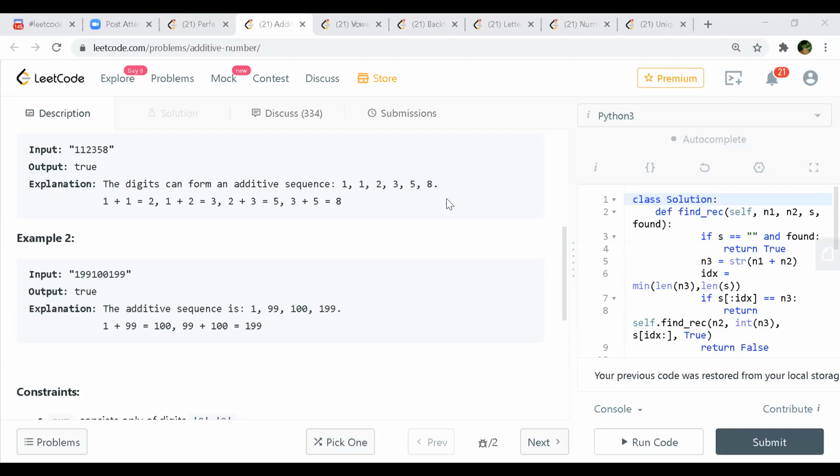I couldn't get that again. So less than n by 2, because in the case that Vivek has shown in the example, 1444, if we count all the digits, it is going to be 9 divided by 2, which is 4. So max if we go to 4, that should be fine.